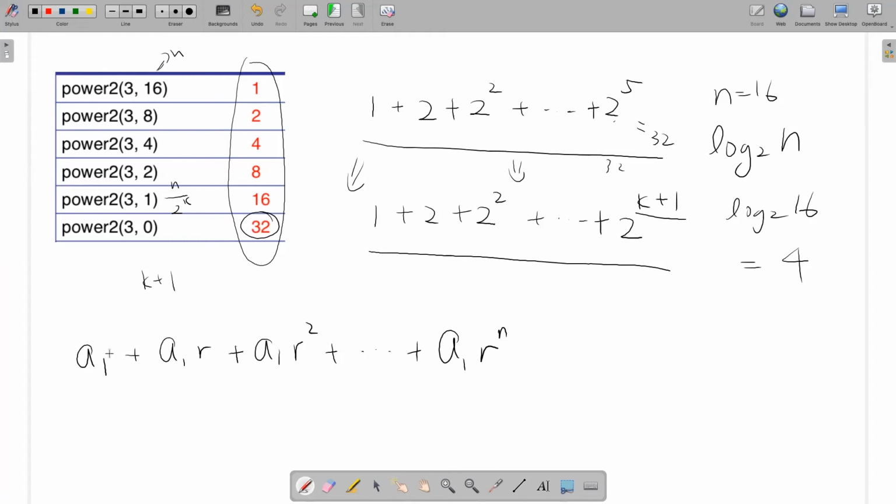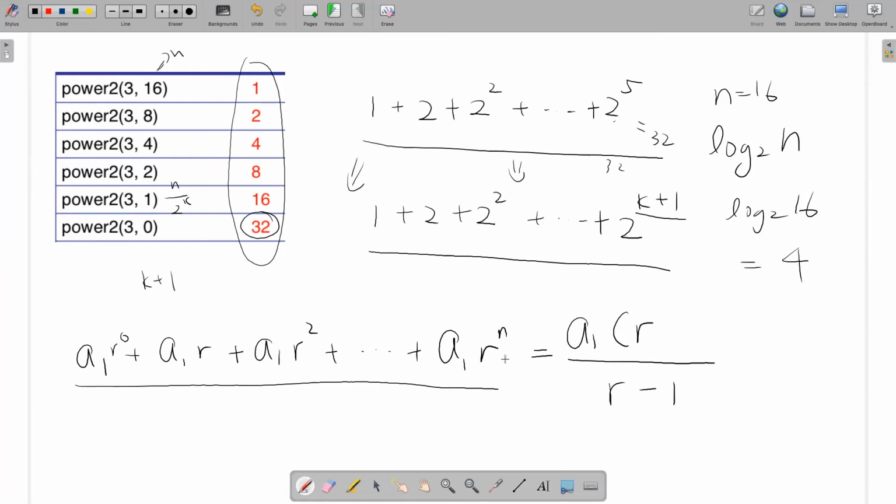So the very first one actually is A1. You start with R to the power of 0. This is just 1, right? So you start from 0, 1, 2, all the way until n. If this is your formula, this is your series, then the sum of geometric series formula is 1 minus R, right? Or if you wish, we can write it the other way. It's going to be R minus 1, and then A1, R to the powers of total terms. Here, the last term is n, but we start from 0, right? So the total number of terms will be n plus 1, minus 1,